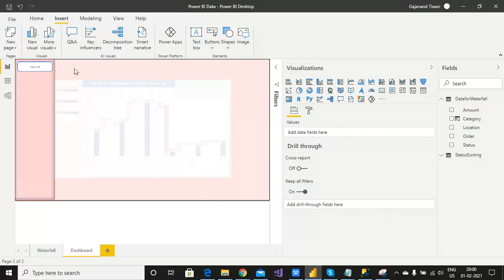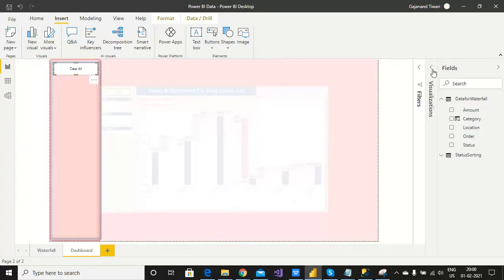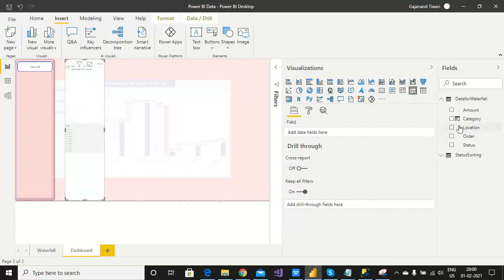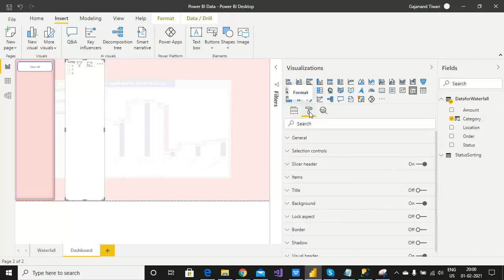Yeah, this is the filter option here. Now then, add it to the slicer so I can show you why I'm saying this. Click here, click the slicer here, and give the slicer category. A slicer is also good, because if you have a slicer you can control your filter. So for this, let's explain a little bit and adjust it also.